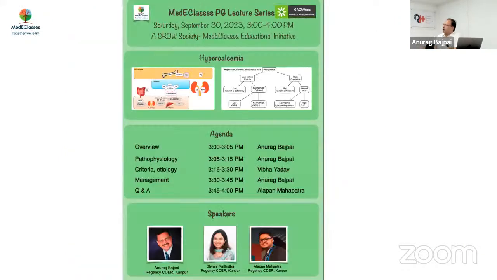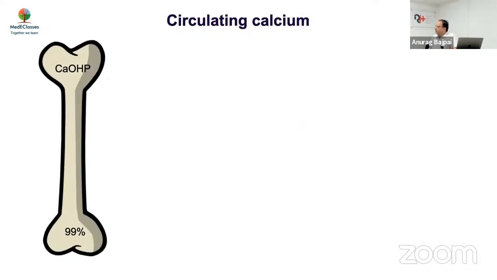So today we'll start off initially with the pathophysiology. We will then move forward towards further evaluation and assessment, and then we'll subsequently look into the etiology and management. When we talk about the calcium level, most of the calcium is actually stored in the bones, and only 1% of the total body calcium is in the blood circulation. So it's only this 1% that we are going to focus on when we talk about